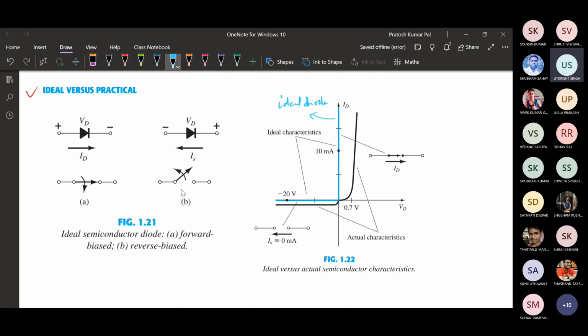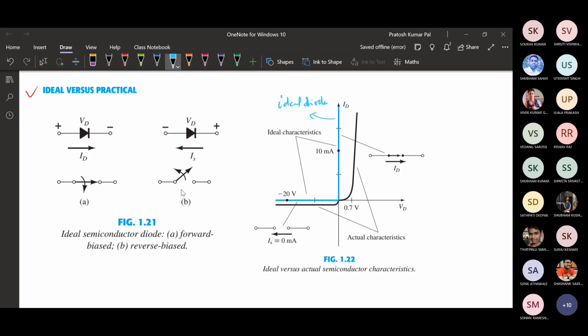It means that once we have applied a positive voltage or just zero voltage, current will flow directly. That means it will behave like a closed switch. So at zero voltage, it will be turned on. And if we have applied a voltage less than zero, then in the negative direction of this Vd, the current will always be zero. So current is always zero, which means it is like an open circuit. So this is the representation of an ideal curve.